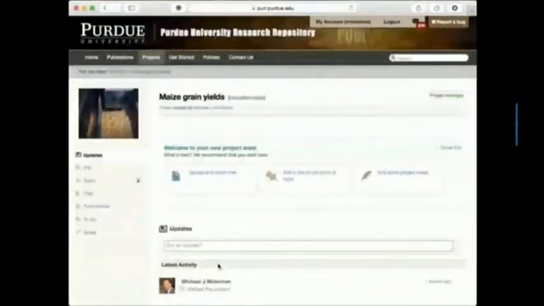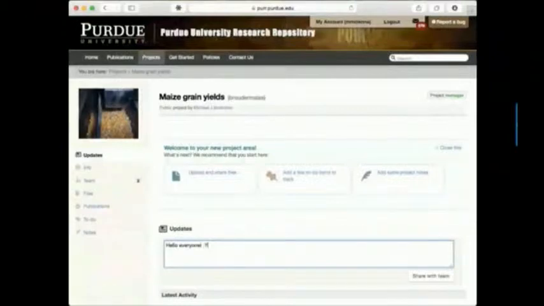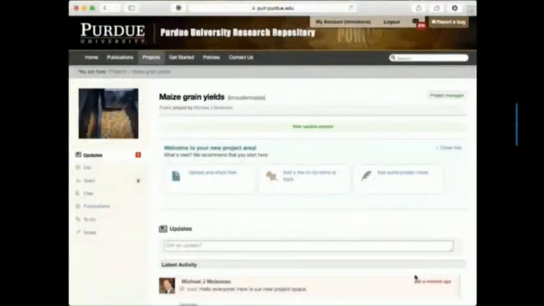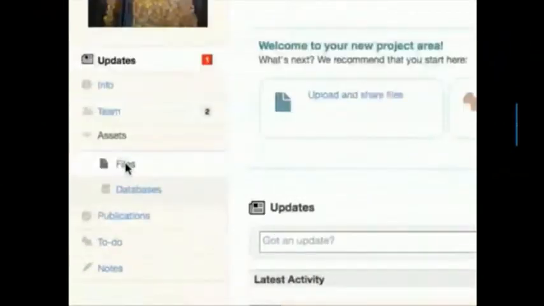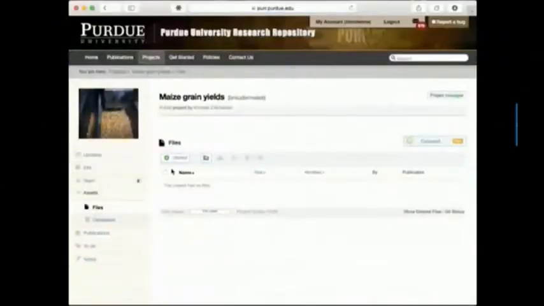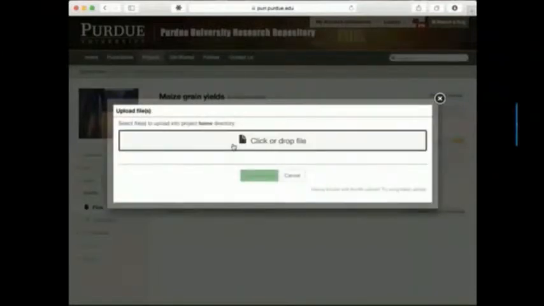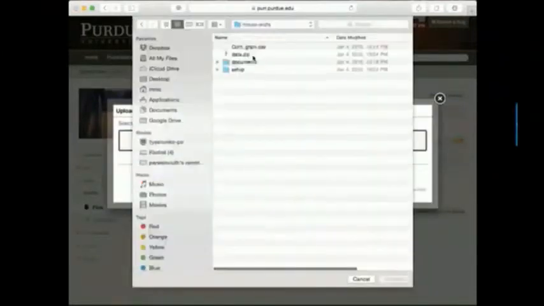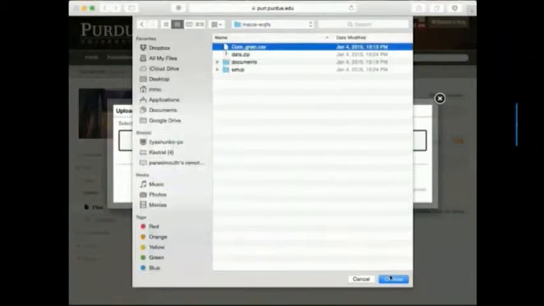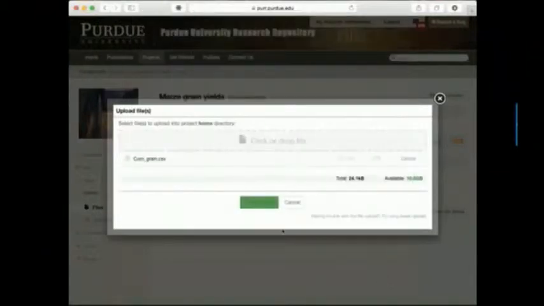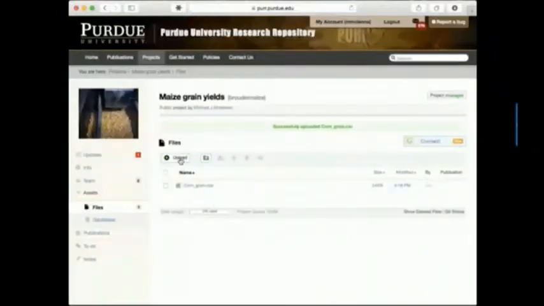So here's the final project now. It has a Facebook-style wall so that when you come into the project, you can put up messages and people on the project can converse on the update wall. It also has a file repository that you're seeing here. This is kind of like Dropbox or Google Docs or Google Drive. You can upload your stuff in it. Under the hood, it's a Git repository. So we're actually doing version document control, whether people know it or not.